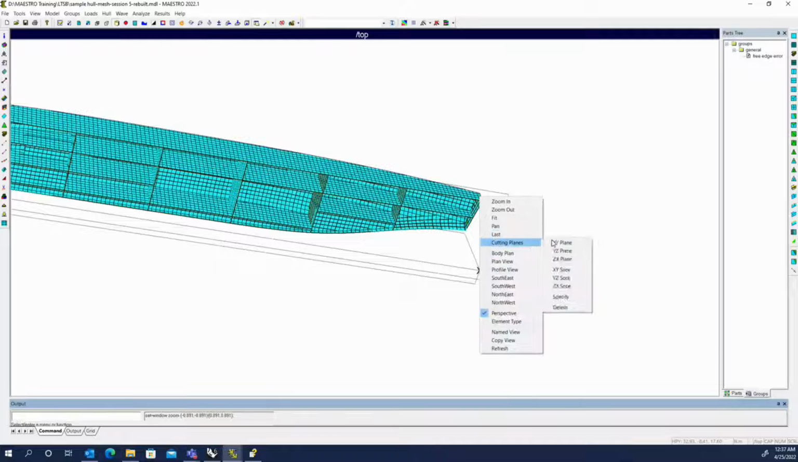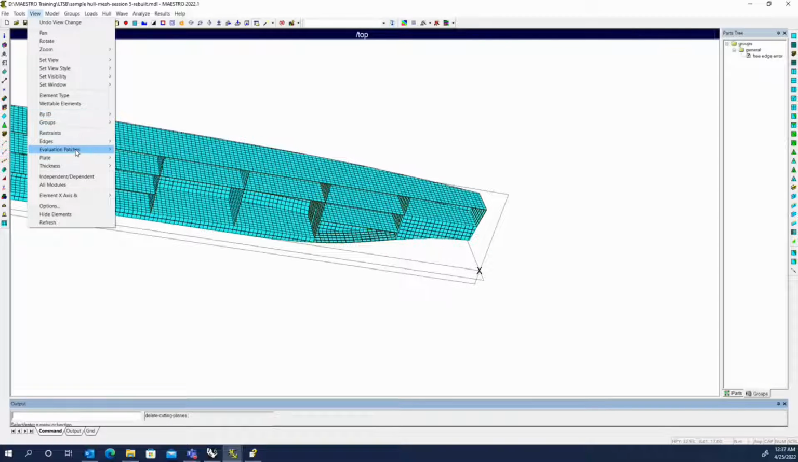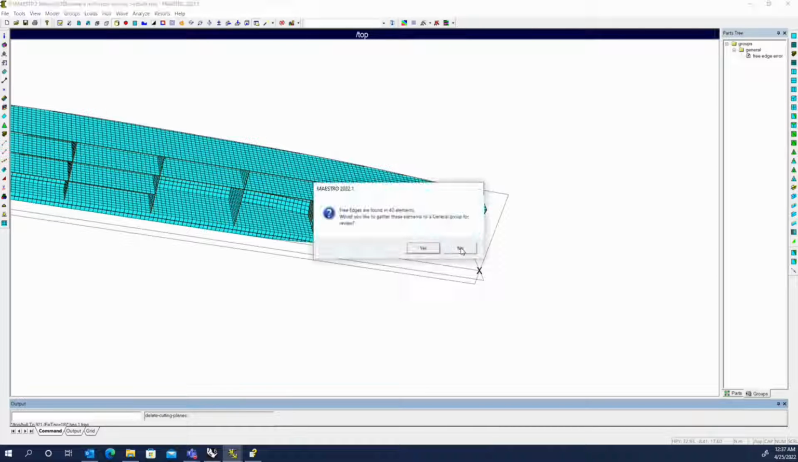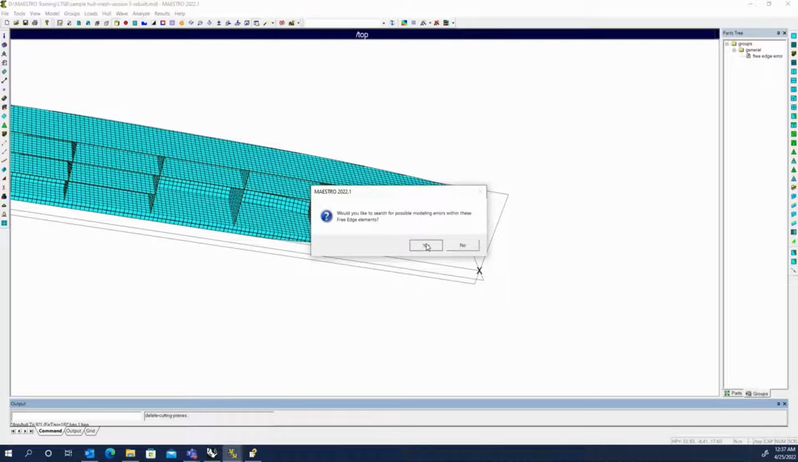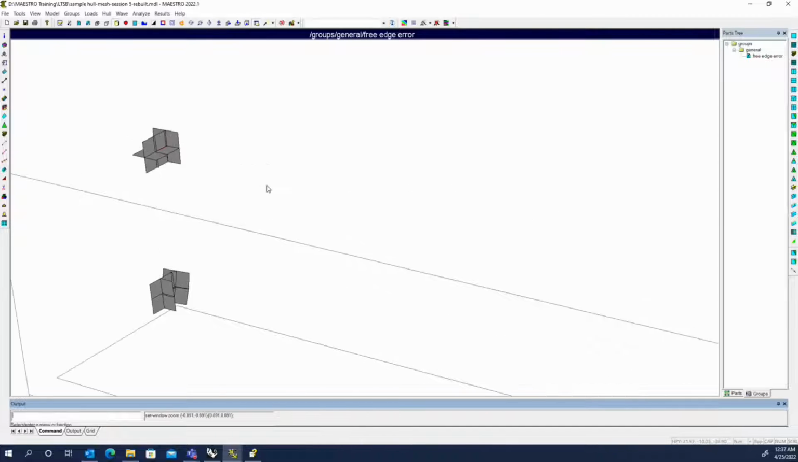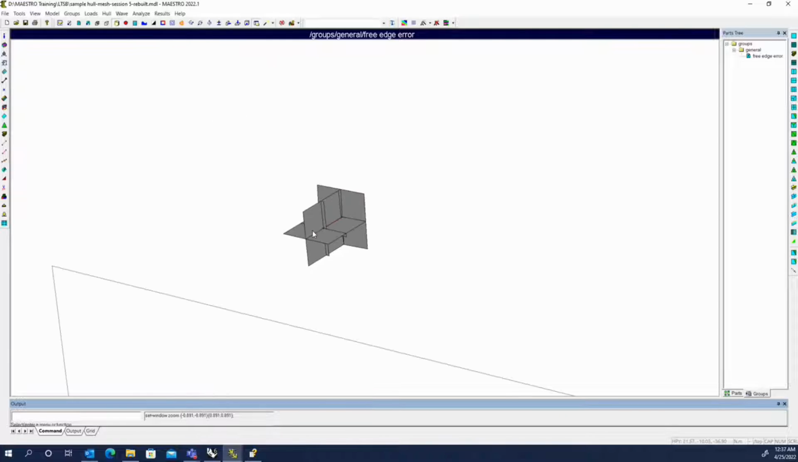And we'll turn off the cutting planes. Run the free edge check again. So we're down to 40 free edge elements. Look for modeling errors. Still finding a few. This one,